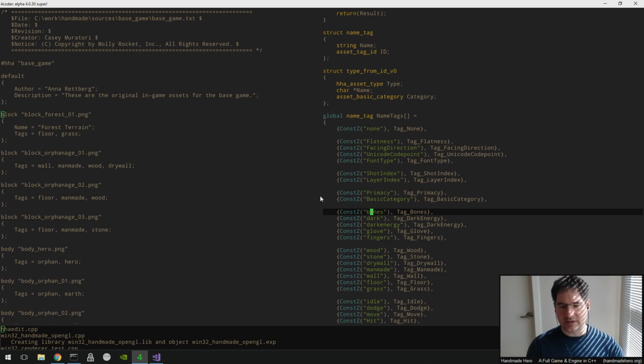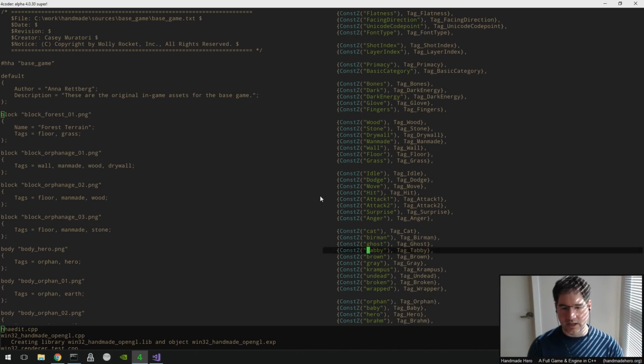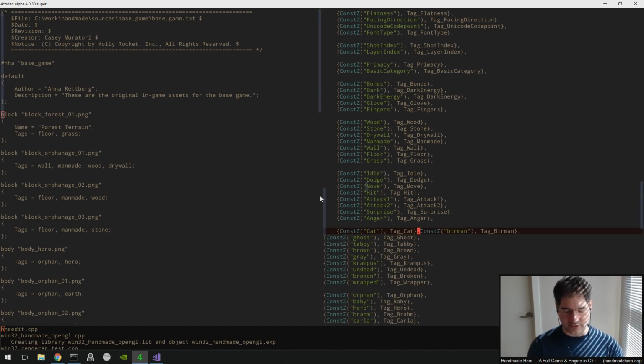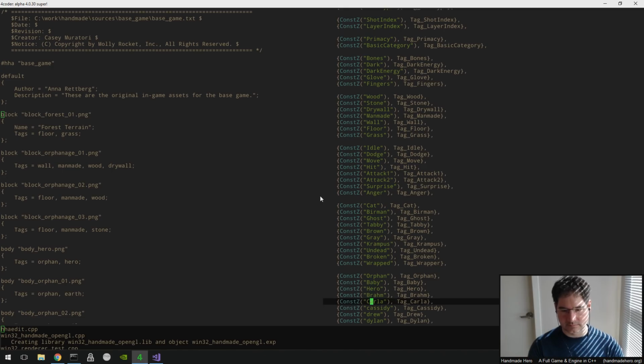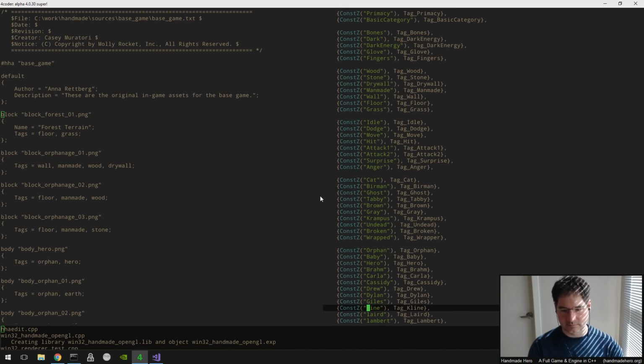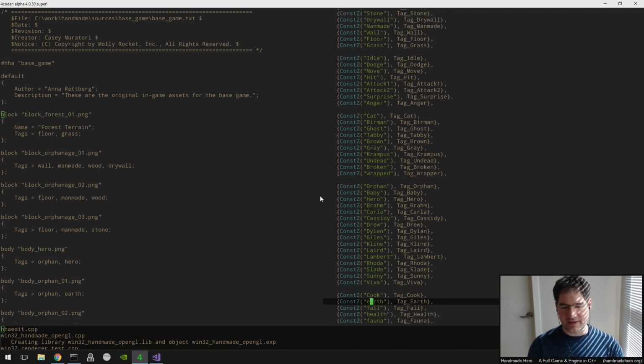And so I think what I'd like to do is just say, look, the default here is actually going to be that everything's capitalized so that it's the same as it is inside the game, right? And you can see that sort of happening here. So that, you know, tag underscore the thing is just the name, right? So they're basically unified in that way. And once we've got that set,